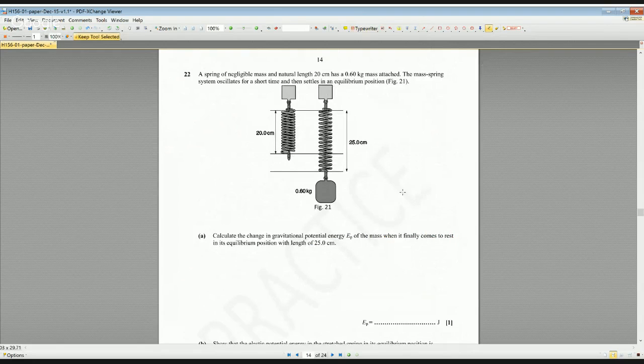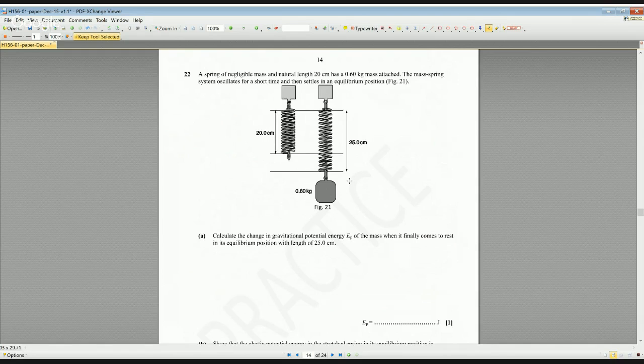On to question 21. We are faced with another spring here, and this spring has a natural length of 20 centimeters, and a mass is attached. It oscillates for a short while and then settles in a new equilibrium position. So we've got unstretched at 20 centimeters, fully stretched at 25. We need to calculate the change in the gravitational potential energy of the mass